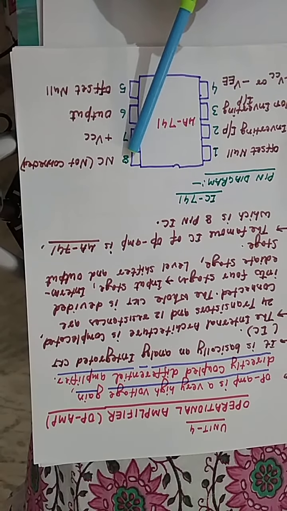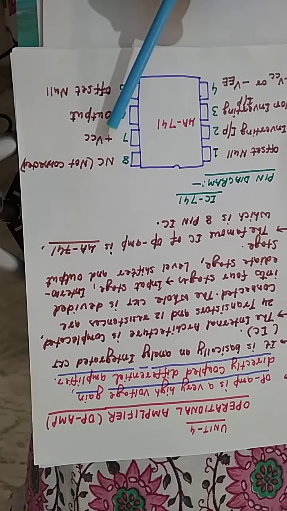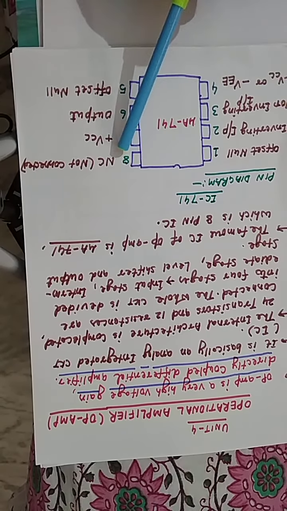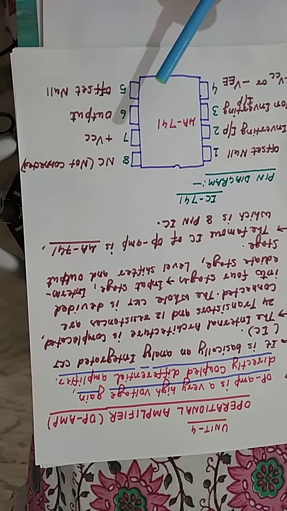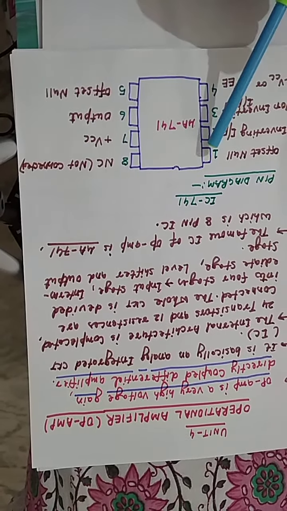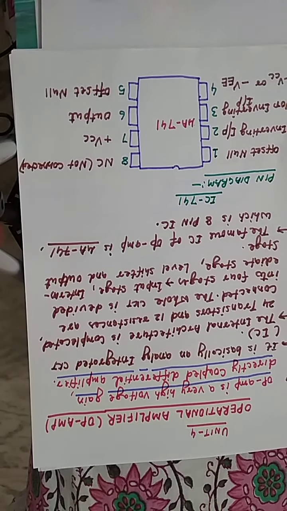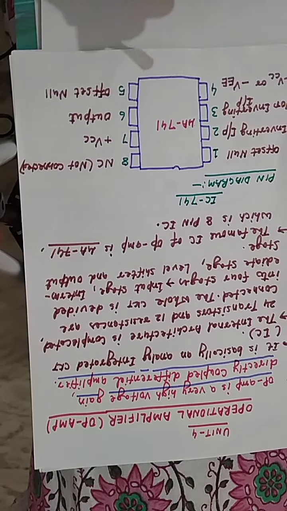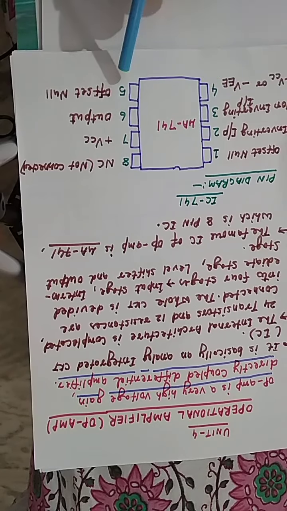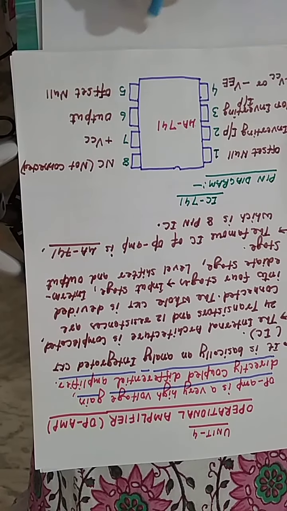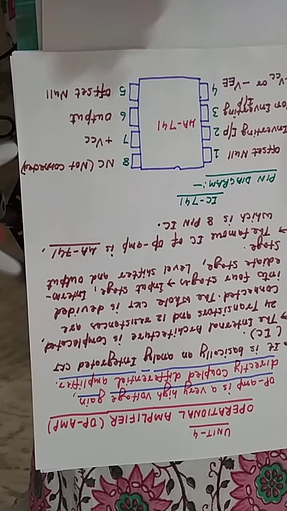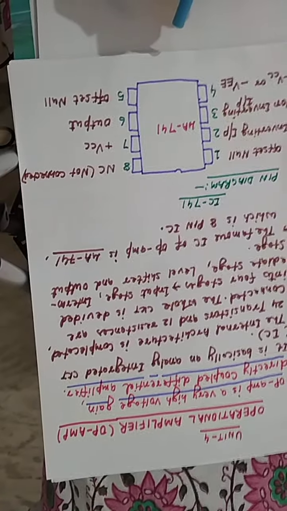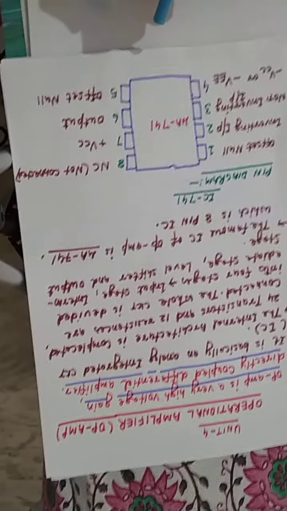But you can ask a question: okay, if pin number 8 is useless, why is it here? It is here to balance the pins. There are two types of IC manufacturing technique: one is rectangular and another is the circular can. In a circular can, there may be an odd number of pins, but in a rectangular IC, there must be an equal number of pins on the left side and right side. That is, the number of pins in a rectangular IC is always even, so that this IC can be tightly connected into a motherboard or into any circuit.